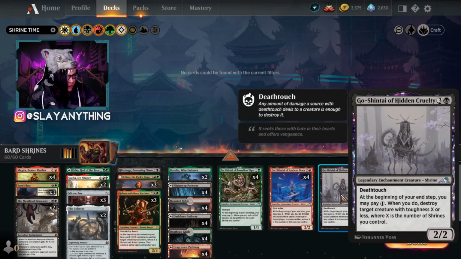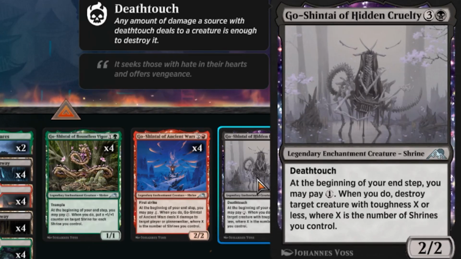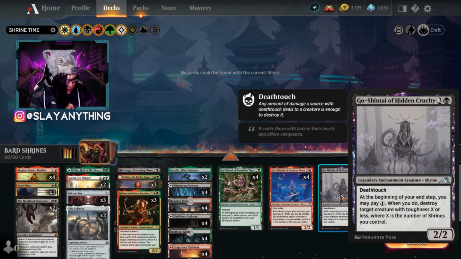Our last shrine is Go-Shintai of Hidden Cruelty. This is a 4-mana 2/2 Deathtouch. It says at the beginning of your end step you can pay 1 colorless. When you do, destroy target creature with toughness X or less, where X is the number of shrines you control. So this could potentially be super amazing if we have a ton of shrines out,